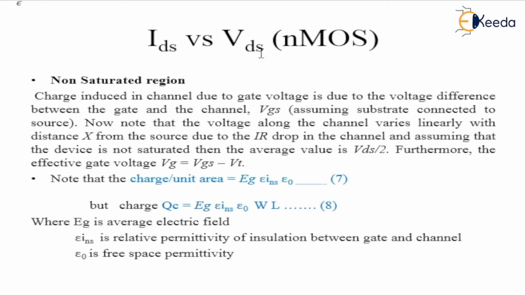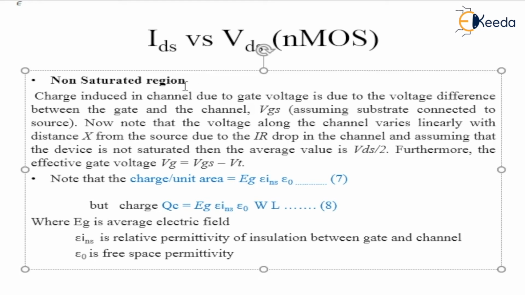Since non-saturated region means a linear operation, under this region of operation the transistor will act like an amplifier. Under this linear condition, the channel develops two voltages in the non-saturated region. In the non-saturated region, it acts like a linear mode. Linear mode means an amplifier. So in that, the channel has two voltages.